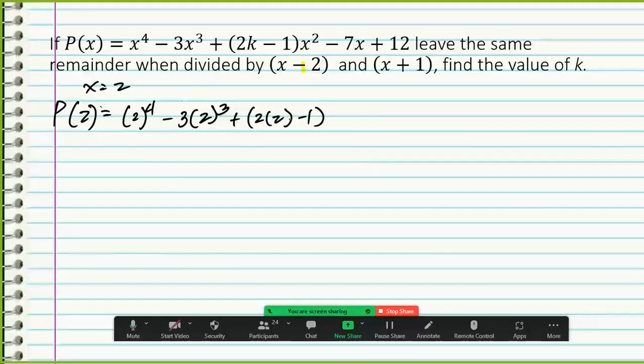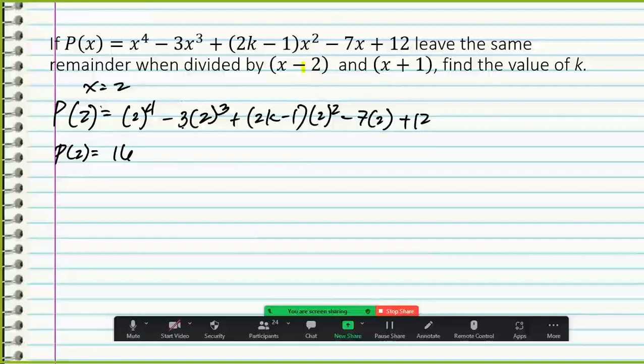Wrong injection. We don't have the value of k yet. So here, 2 raised to the second power minus 7, then added by 12. So we have p of 2 equals 2 raised to the fourth, which is 8 times 2, we have 16. Then minus 3 times 2 times 2 times 2, that's 8. Then plus